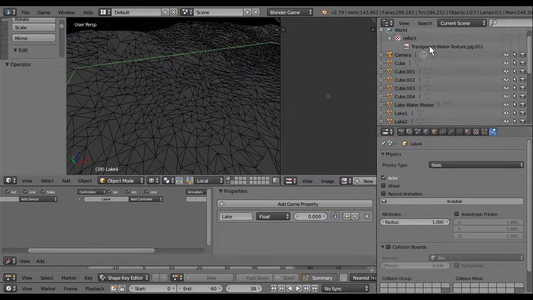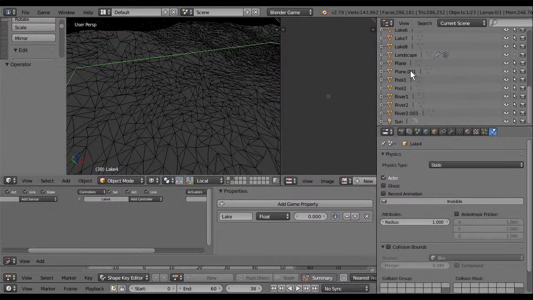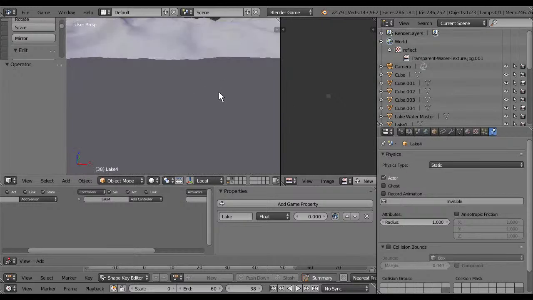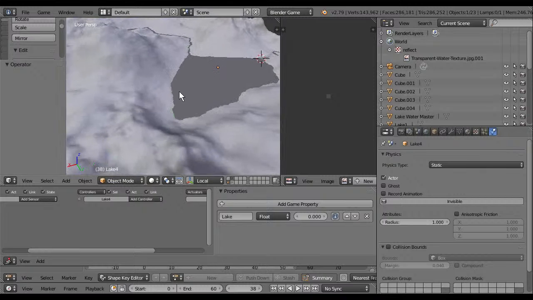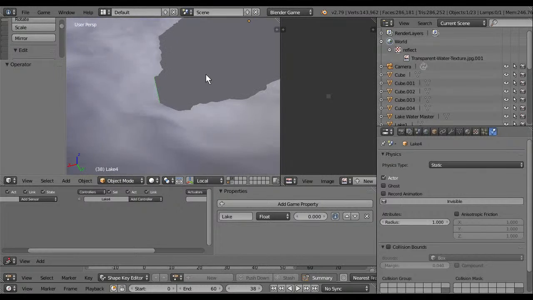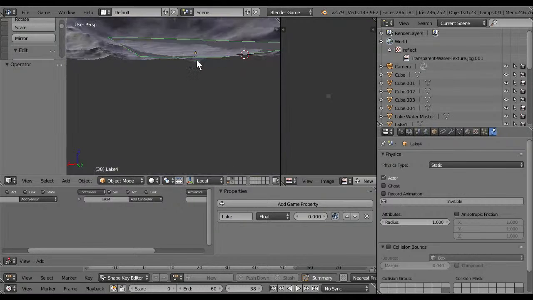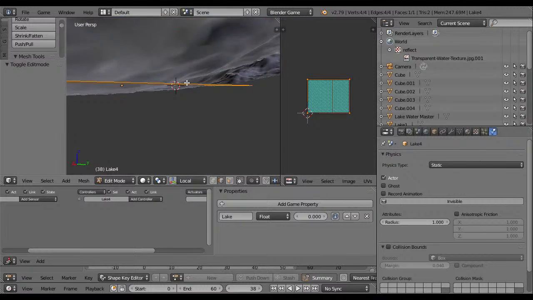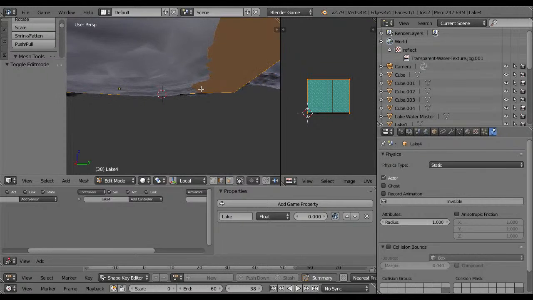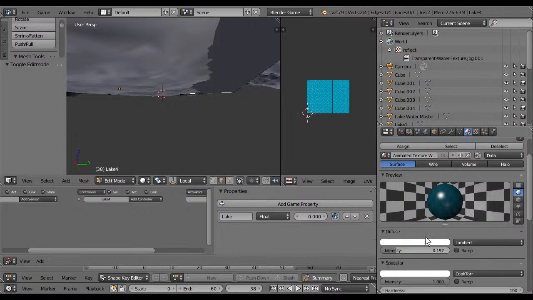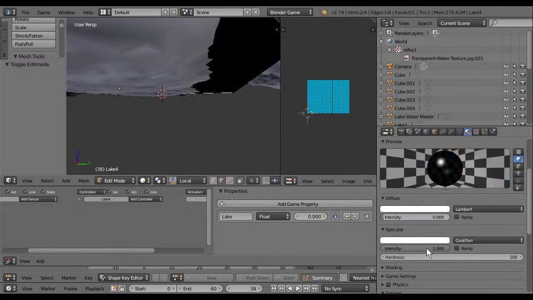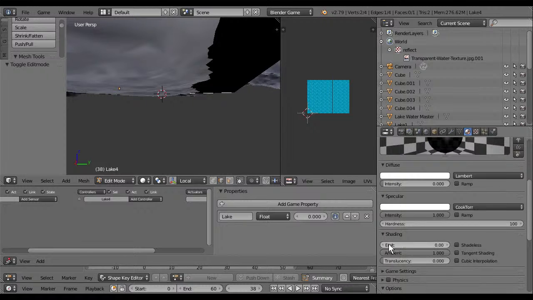Let's see. What's the landscape? What's the name of the landscape? LOD2, yes it is. Hope there is no sim around here. I didn't check it, but maybe next time I'm going to edit this one. Animate the texture. Very dark, but that's shady.